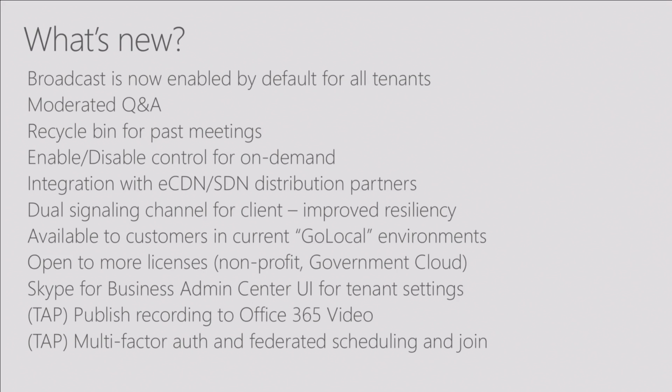So we announced this last December as part of our big E5 announcement. And since then, we've been quite busy adding new capabilities, most of which based on feedback that we got from customers. The first was important for us and also important because we didn't have UI yet to do this, and it was a little complicated to do. Broadcast was disabled by default. We've now switched that to be enabled by default. So if you have an E SKU already, you can go to broadcast.skype.com right now and set up your first broadcast if you haven't done it yet.